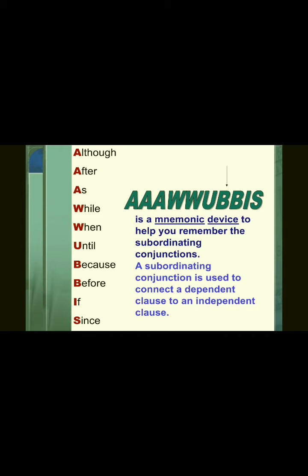This is one very good thing that I have found out. I would call it Boobies. So, what is this Boobies? It is like that very popular fanboys that we have for coordinating conjunctions. So, this is just a mnemonic device to help you remember the subordinating conjunctions. Roughly, this is not an exhaustive list. There are a lot many more